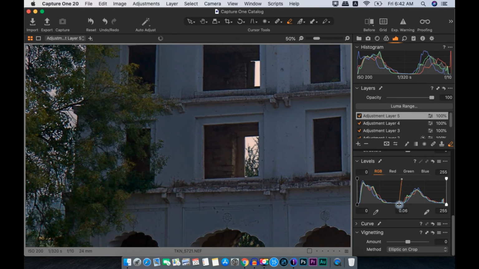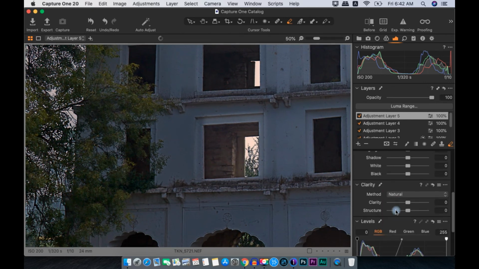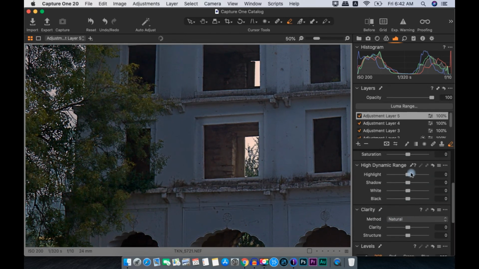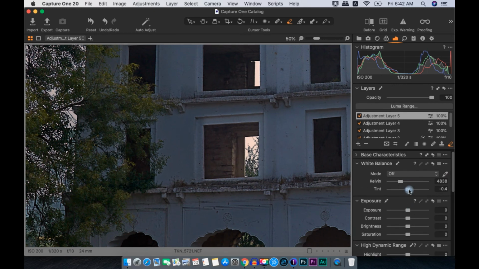and just brighten the midtone a bit. That's it. This is little too much, decrease a little bit, and we will warm this up. This is too much, just a tiny bit.